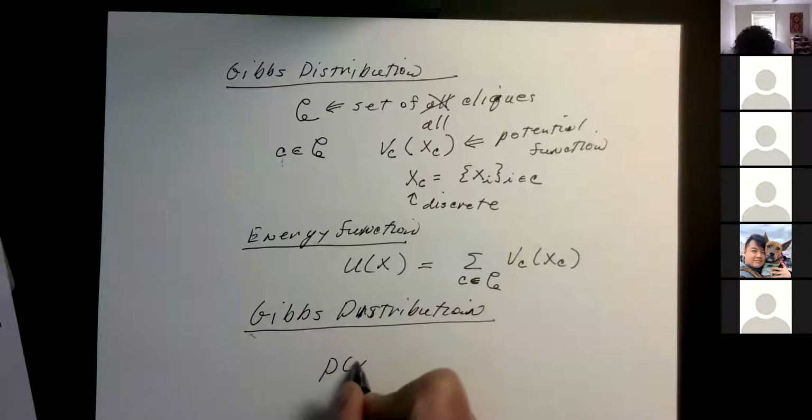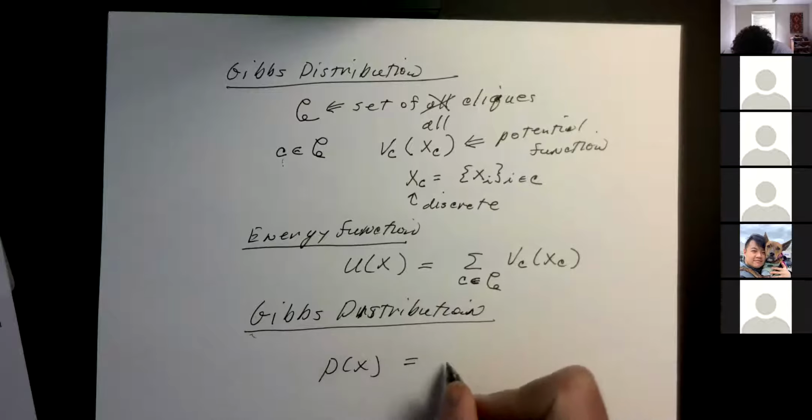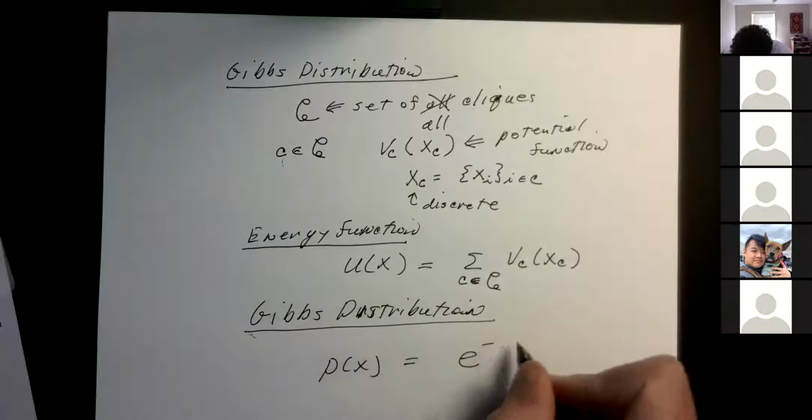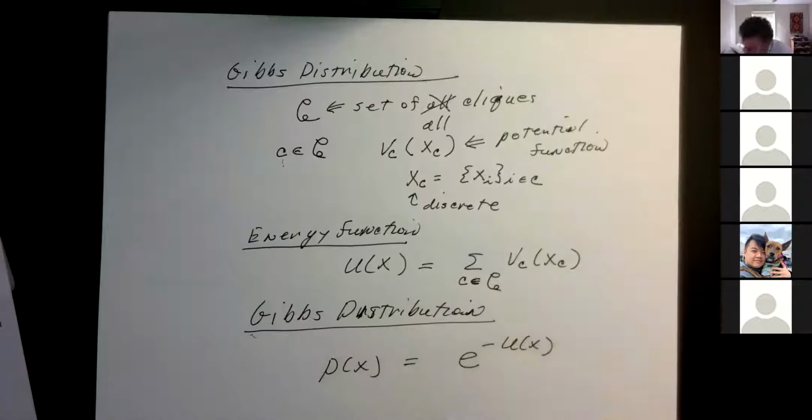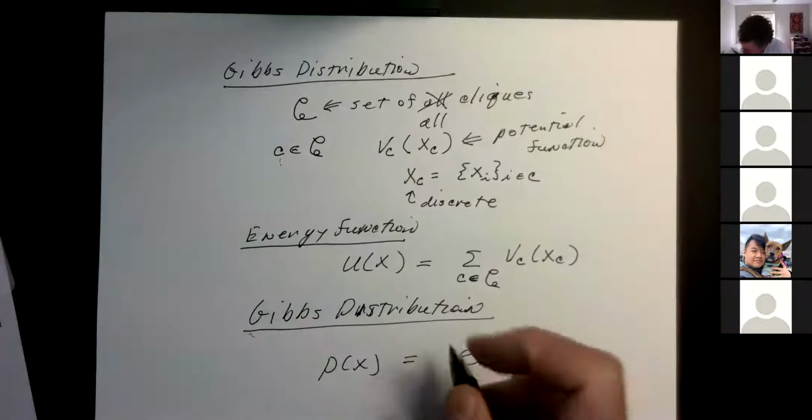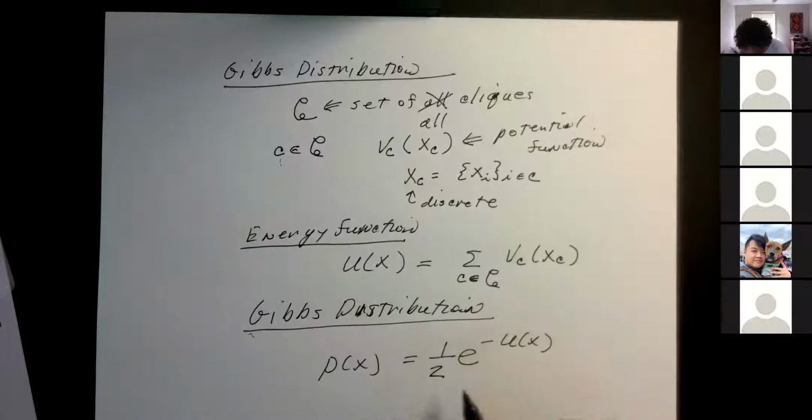That's P of x is equal to e to the minus u of x. Now that's not a legitimate probability distribution because it may not sum to 1. So I have to divide by something, 1 over z. It normalizes it. And this is called the Gibbs distribution. In thermodynamics, for some reason they call